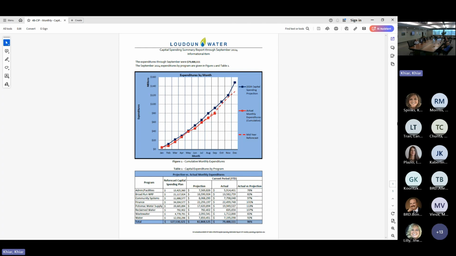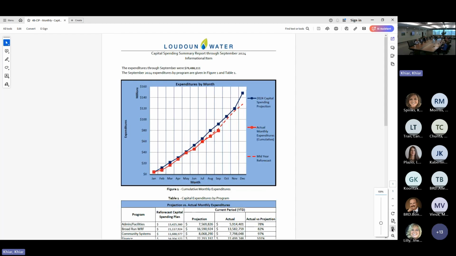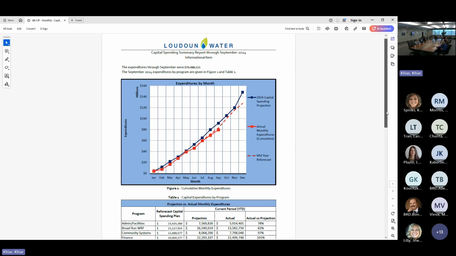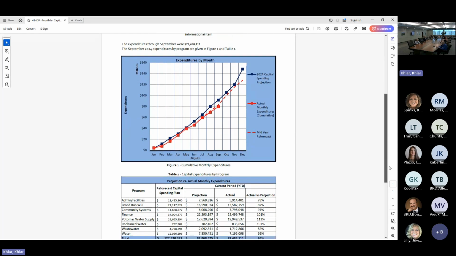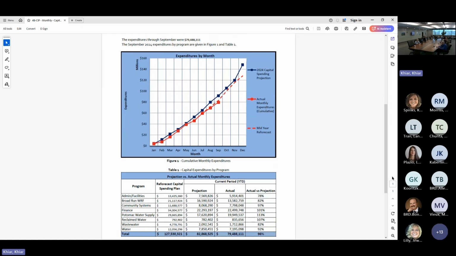That 79.5 is about 96% of the mid-year reforecast. So that's the dashed line on the graph. And of note, it's about 86% of the original projection for the month of September. So those numbers don't cause me to lose any sleep, but if there's any questions, I'll certainly be happy to take them.